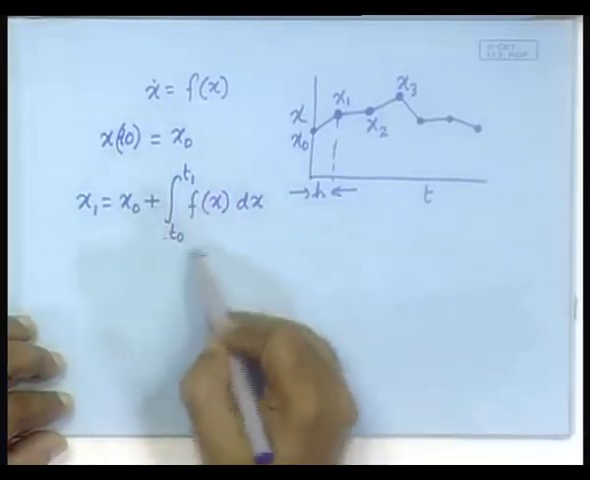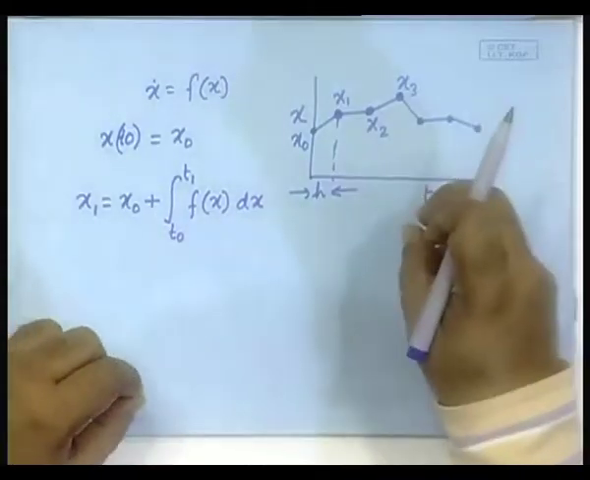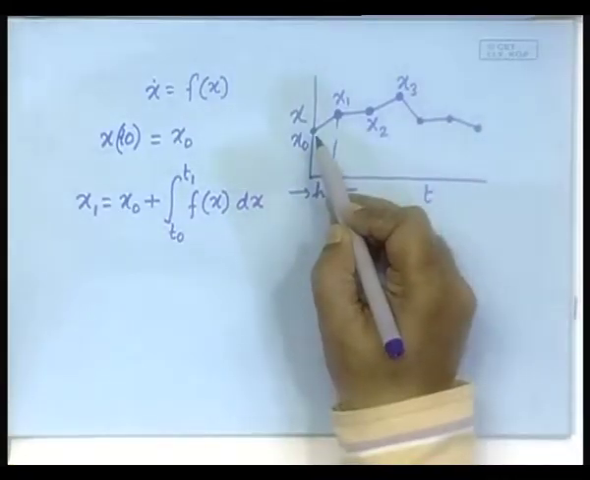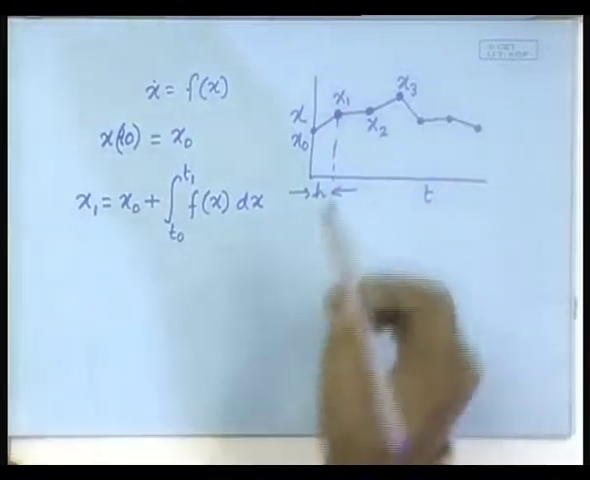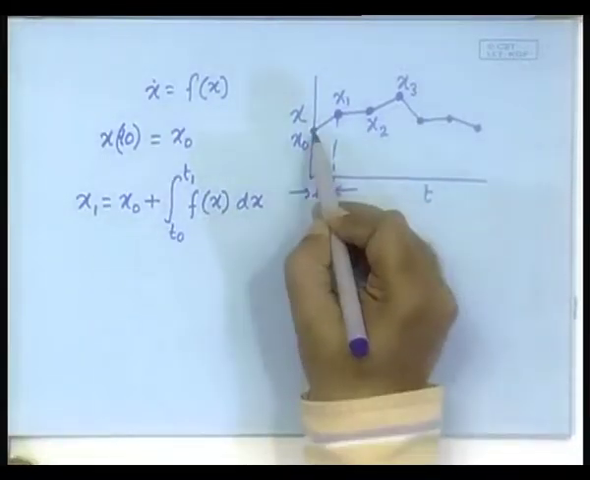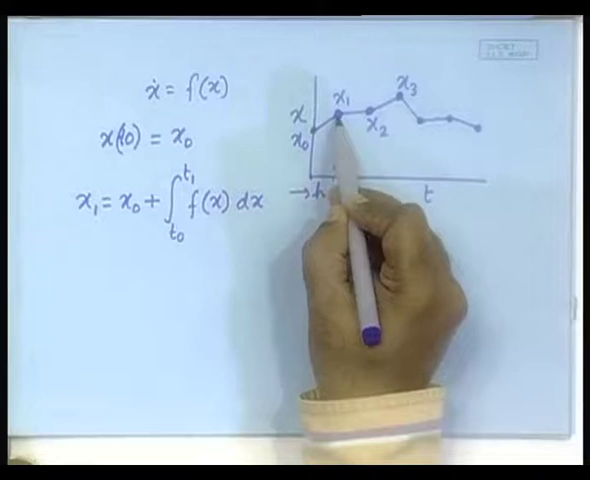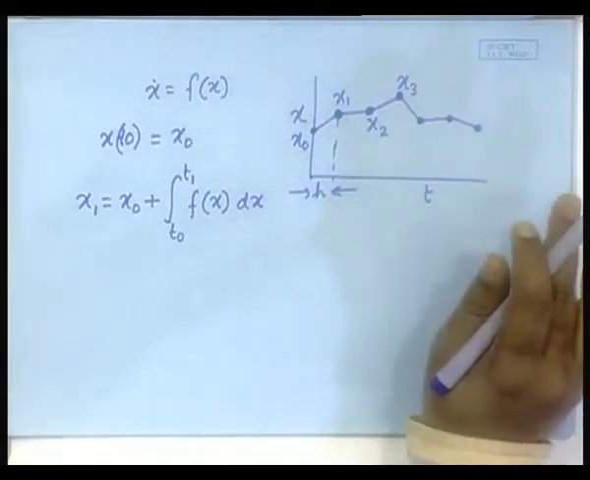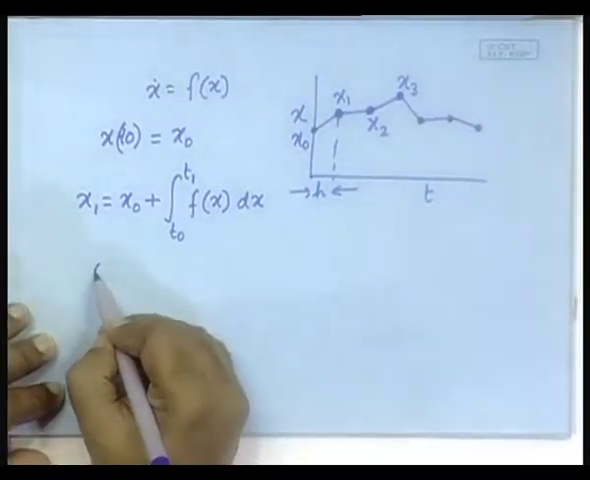But then this is not known, and that is why you needed to make an assumption or approximation. The approximation was that this slope that was calculated at this point remains the same till this point. Okay, so, with approximation